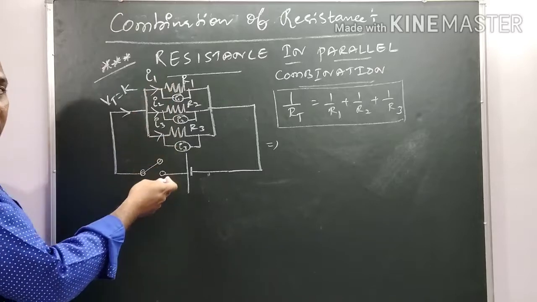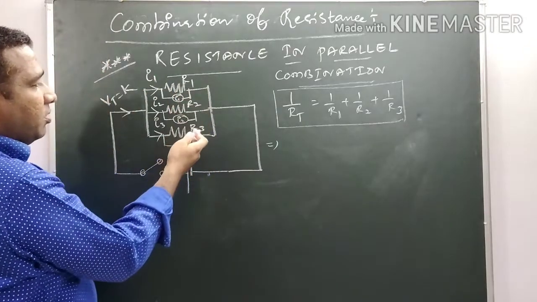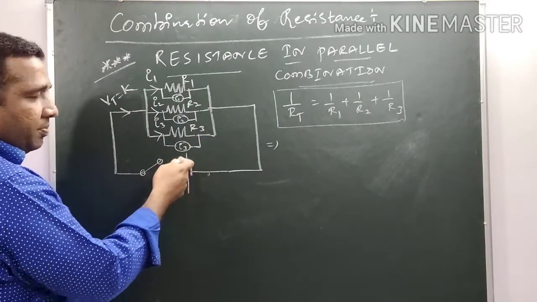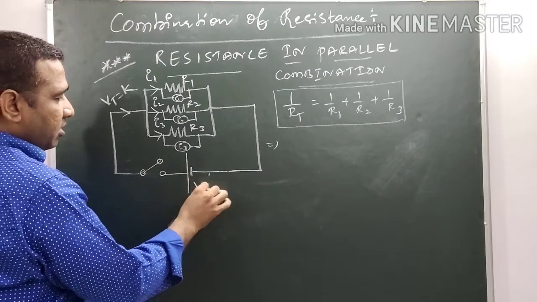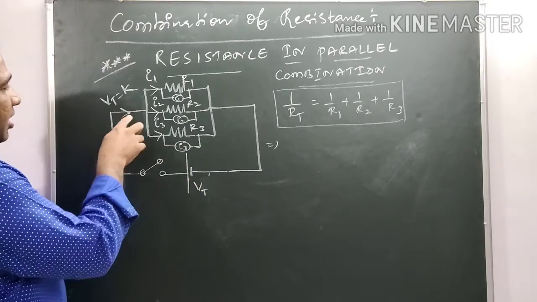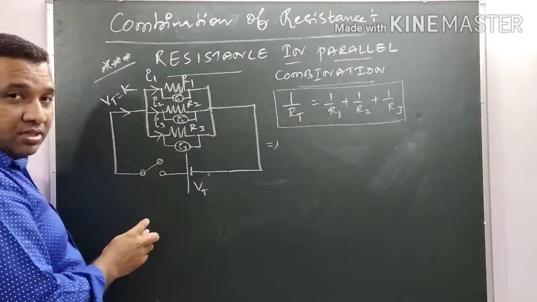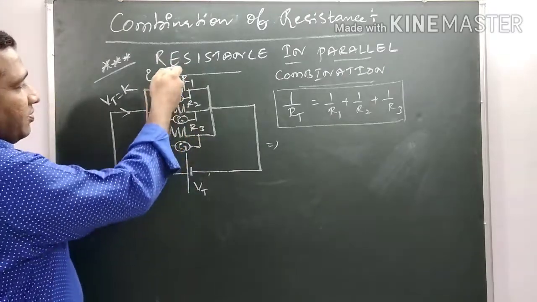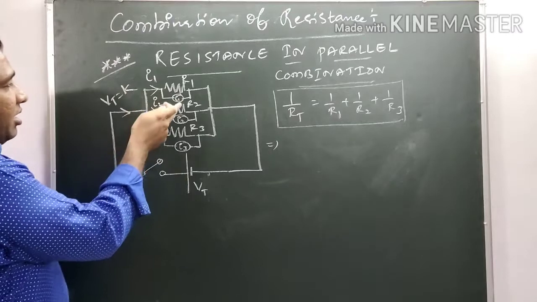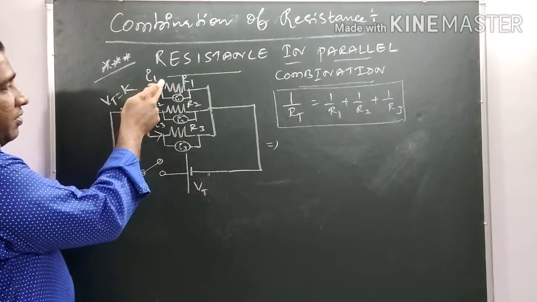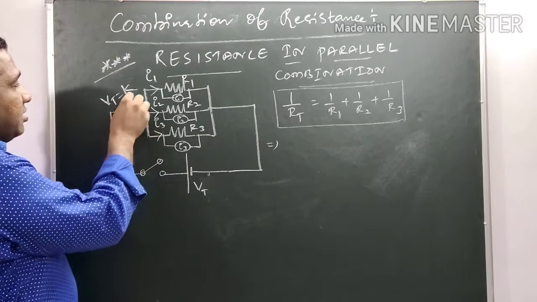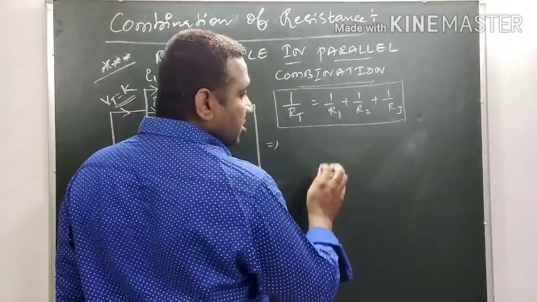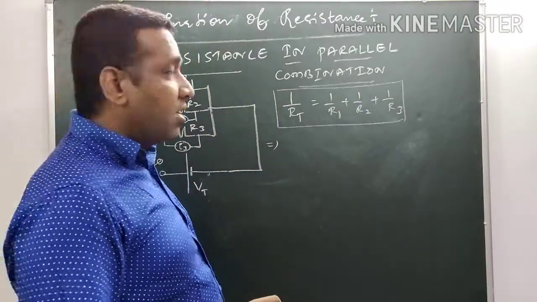All the three resistors R1, R2, R3 are connected in parallel combination. There is a tap key, and to this tap key we have connected a power source battery, from which we take the voltage. Now the electric current is flowing in the respective resistors. Here we have three divisions of resistors, so the electric current is divided among the three resistors. The currents through the three resistors are I1, I2 and I3. And what is constant here? Voltage is constant.